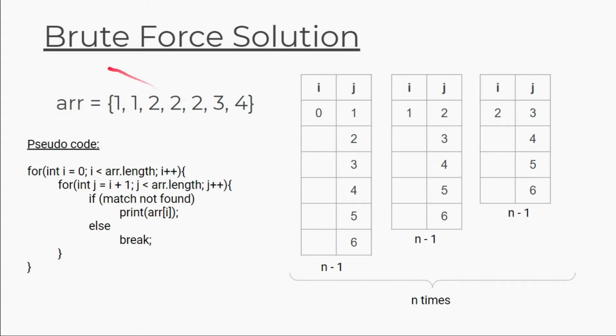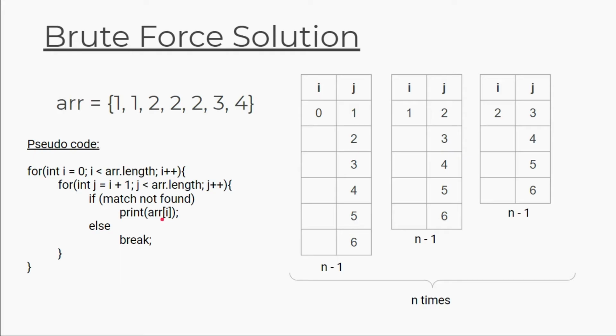So first we will see the brute force solution for this problem and then we will optimize the solution. So we can use two for loops for iterating over the array. The outer for loop will start from index 0 and the inner for loop will start from index 1 greater than the outer loop. So this means when our outer loop is at 0, our inner for loop will start from 1. So we will check element at index 0 with all the remaining elements. If it does not match with any element, then we will print that element in the console, and if it gets matched, then we will simply move forward.